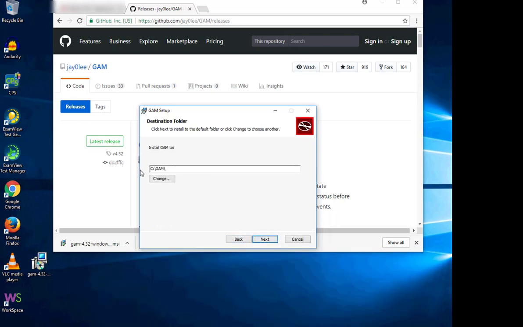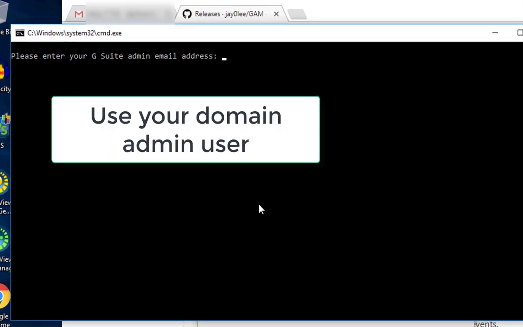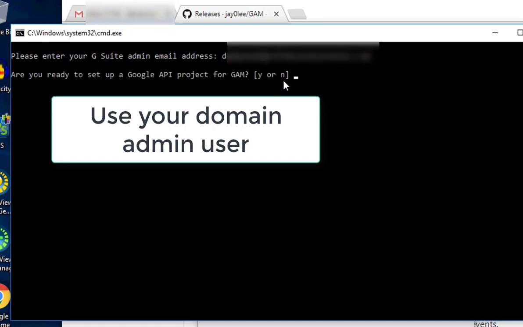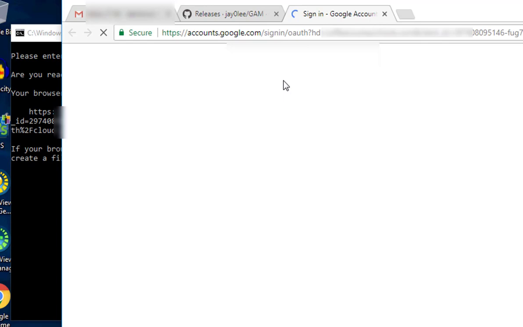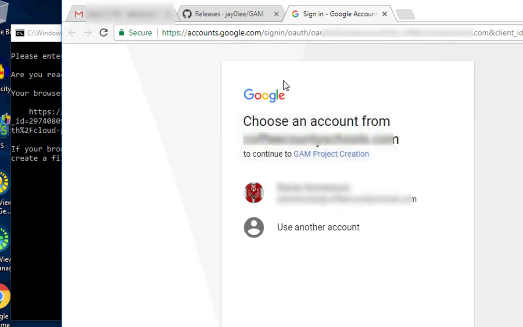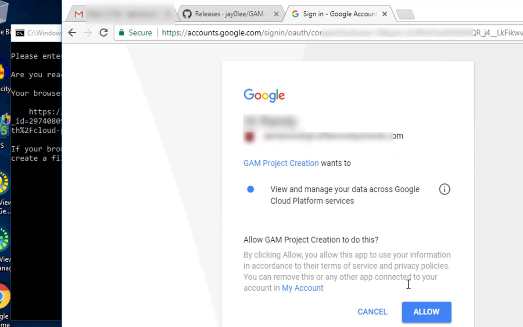So you just go through next, and you're going to put it in a folder on the C drive. You can name that anything that you want. You click on install, and then you add your domain admin user, and it's going to say, are you ready? Then as soon as you click yes, it's going to bring up a browser. This browser allows you to authenticate to Google, and now once you click allow, the script is going